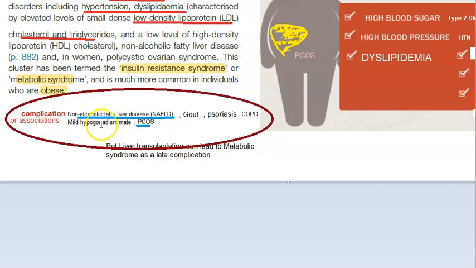What are the other things about metabolic syndrome? Look here at the associations, complications. They can also have gout, psoriasis, and COPD, that is chronic obstructive pulmonary disease. So these three also can be there: gout, psoriasis, COPD. Mild hypogonadism can be there in men. In men, what can be there? Mild hypogonadism. In females, there can be PCOS. Okay. So this is all that you need to know about